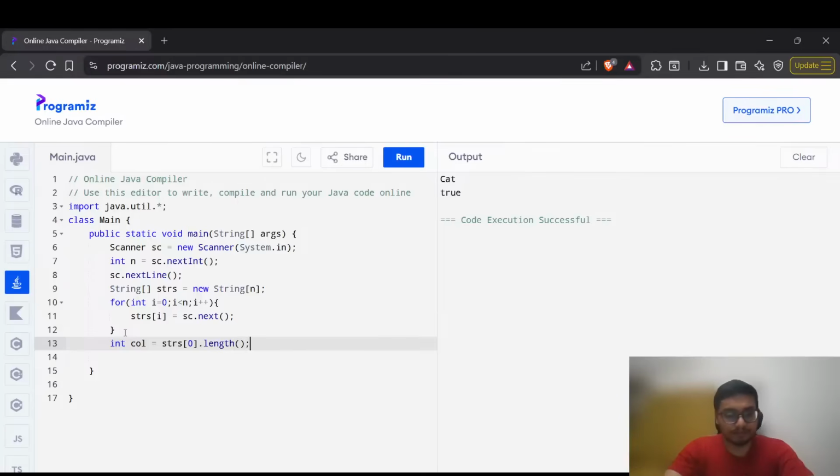Right? Getting my point now? The first string and the length of the first string basically. Got it? Then int count initialized with 0, because we need to count the number of columns which are not lexicographically sorted. Let's do the same thing: for int i equal to 0, i less than column,